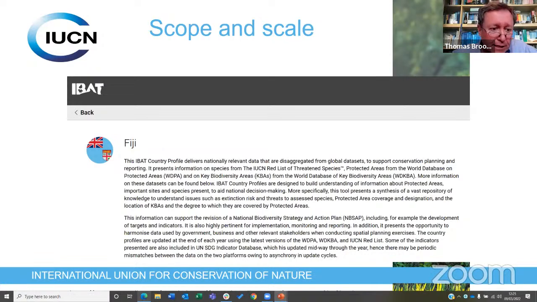For example, a study published by McKay and Lacker last year found that the Red List is used in 77% of national biodiversity strategies and action plans and national reports for countries throughout the Americas.